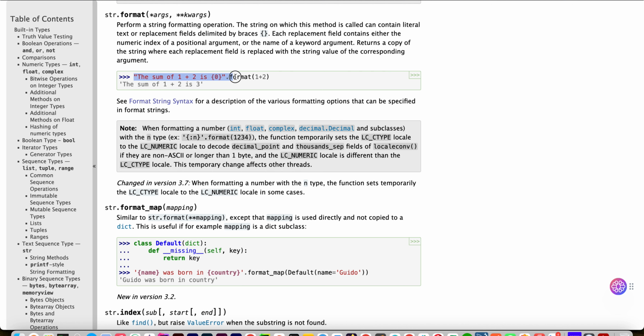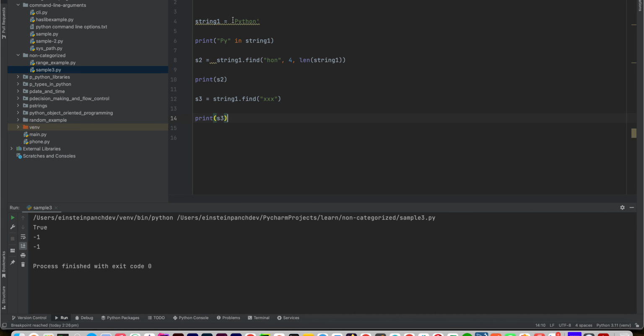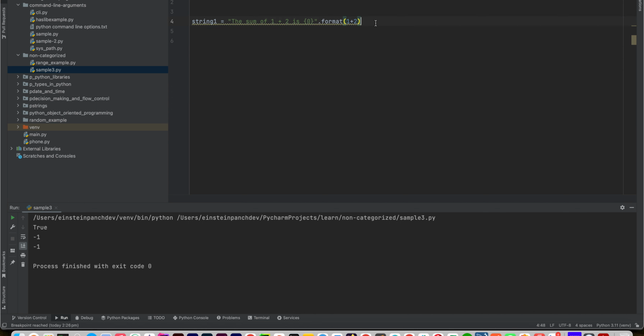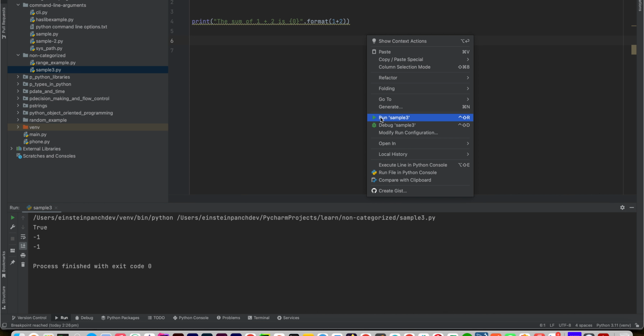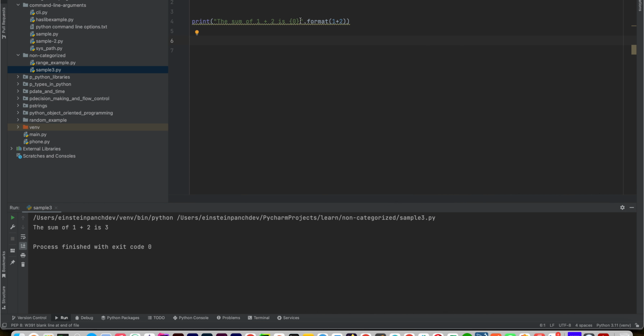For example, this one. So this is the string. Print: the sum of 1 plus 2 is 0. 1 plus 2, 3. And if I say